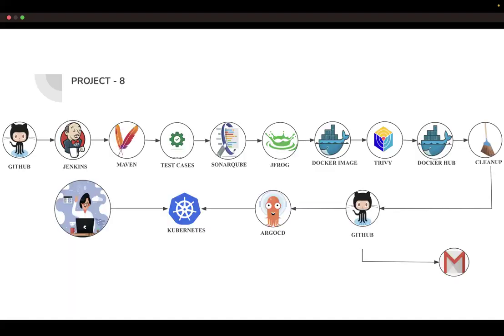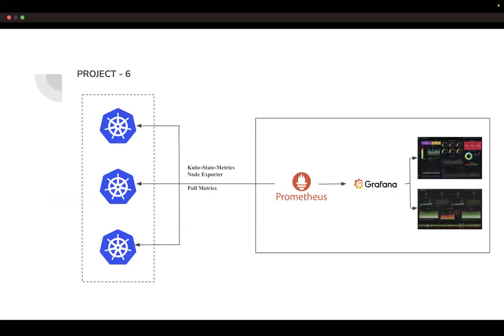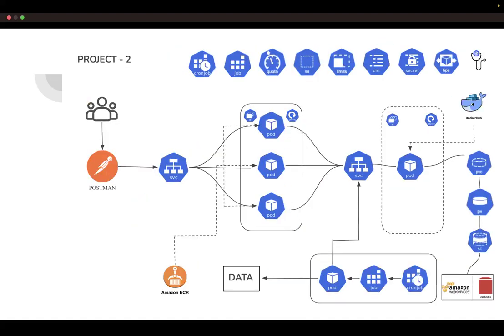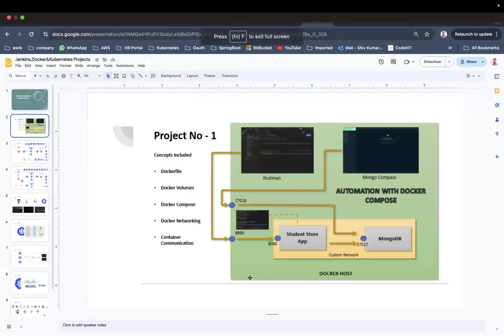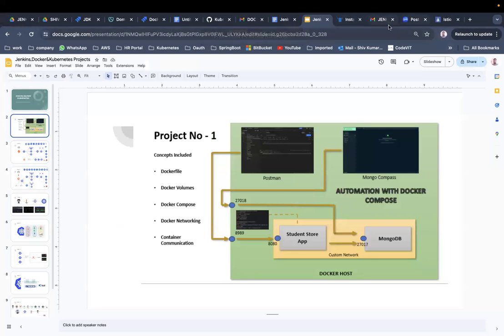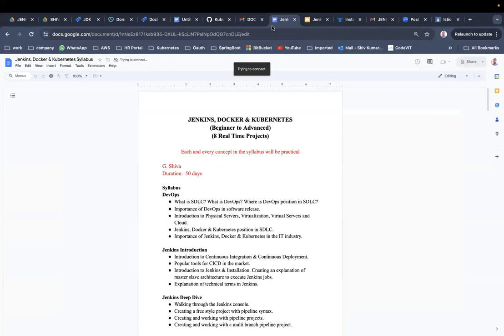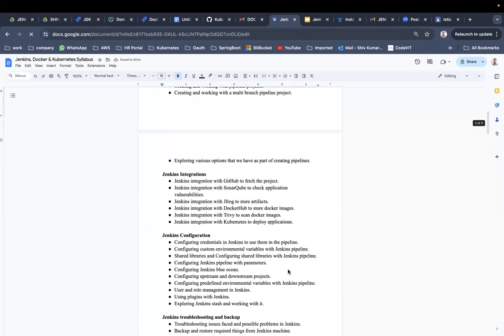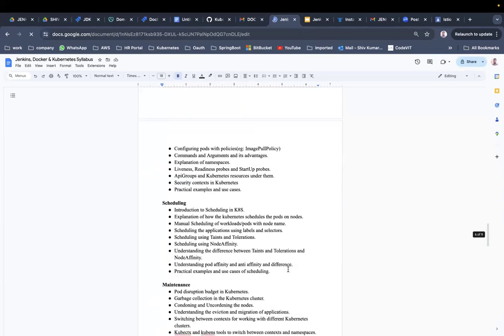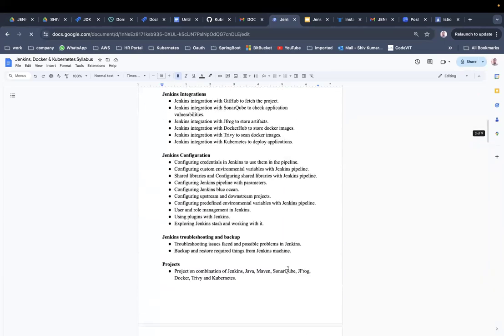Project number 8, actually, we are including 8 different projects with different tools and different technologies as part of this course. Let me go to the course summary, and let me show you what are the different things that we will be seeing as part of this one. Yeah, so this is the course content. Actually, from tomorrow I am explaining this one, no problem with that. But you can see the course includes